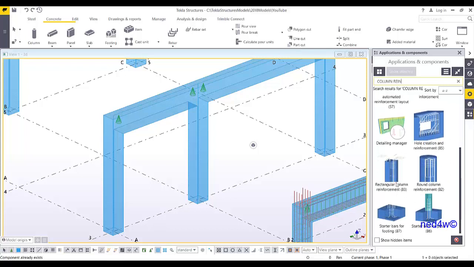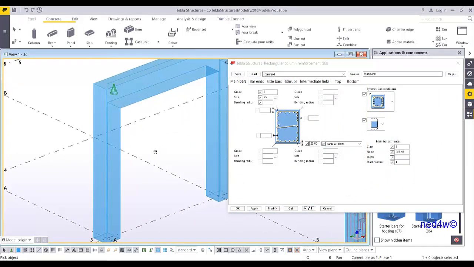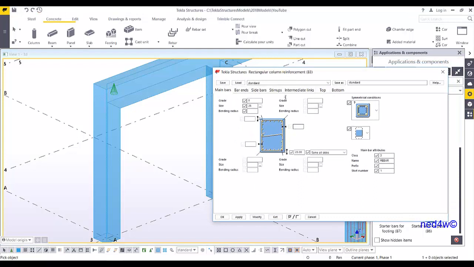So I'll just use the system component available in the system, which is rectangular column reinforcement number 83. Just double click on that one. So in this case, we don't need to model the reinforcement one by one,